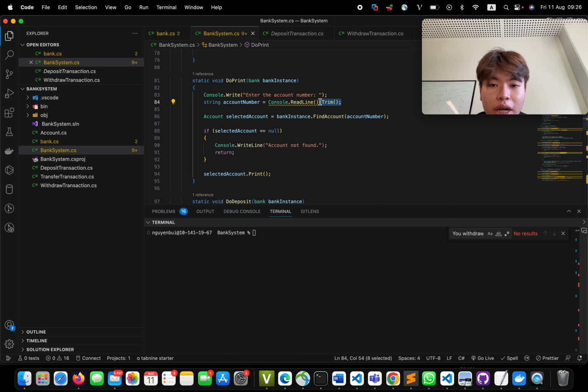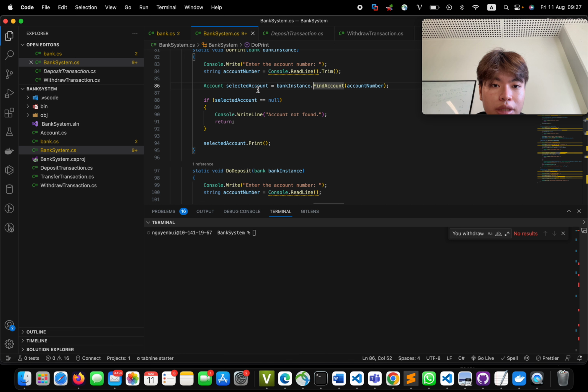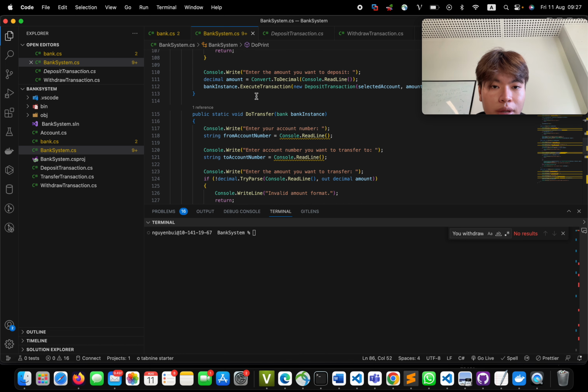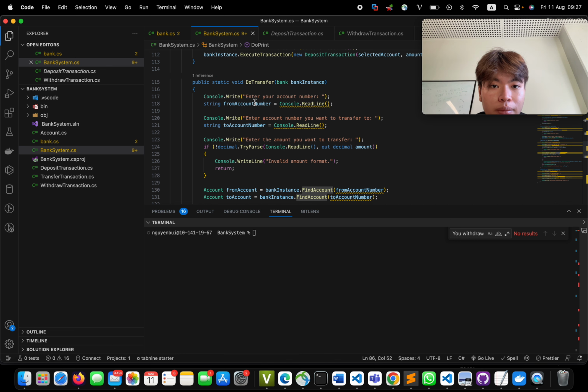I'm adding one more thing about the string, because I don't want the user to type 1 2 3 and it's 4 5 6 or something like that. So I'm just making the string in here and using the same method in this case, and then printing it using select account. So do transfer is exactly doing the same